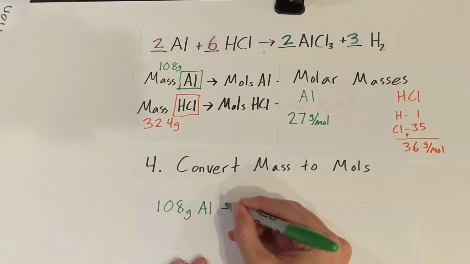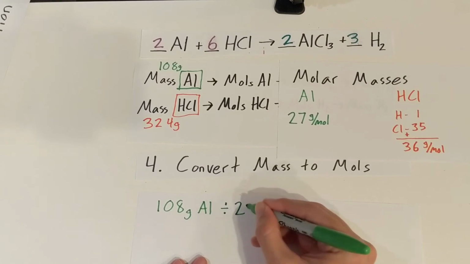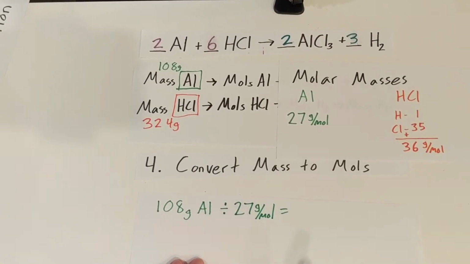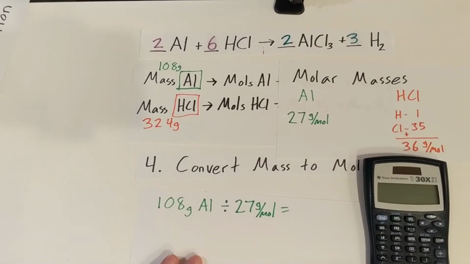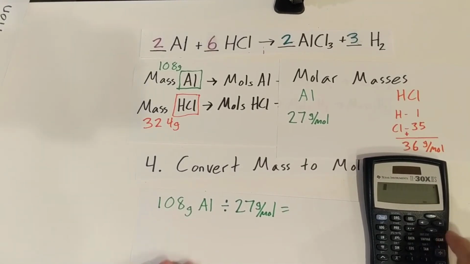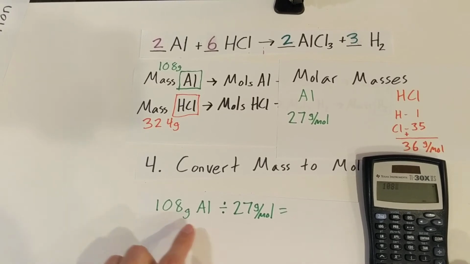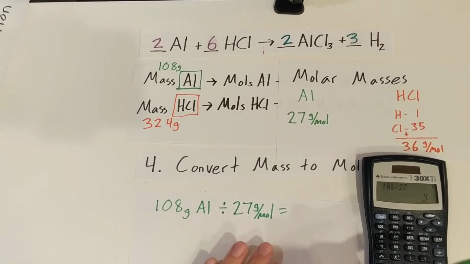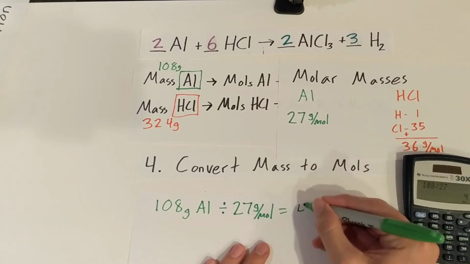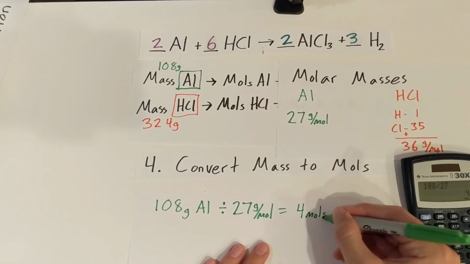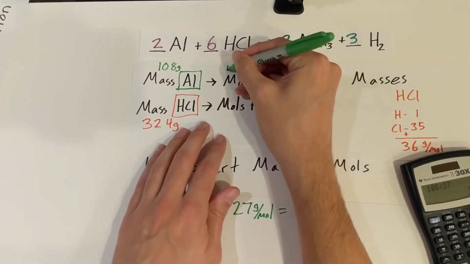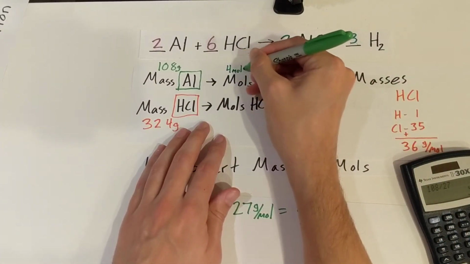So I would divide by 27 grams per mole. If you have your calculator, let's clear it. We got 108 divided by 27. That's going to equal 4. We got 4 moles of aluminum. And we could write that right in here. 4 moles